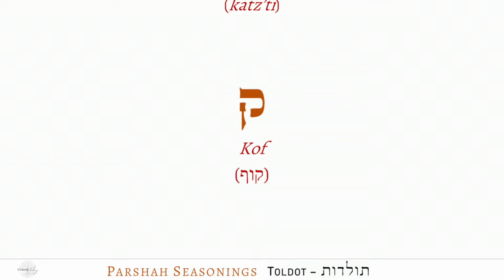On the one hand, Kof is a picture of a kaf, and last week we talked about the letter kaf, which represents a hand, and it's a hand hovering over a person. It's like God's protection over a person. It's one of only two Hebrew letters that is comprised of two strokes that do not connect, the letter Kof